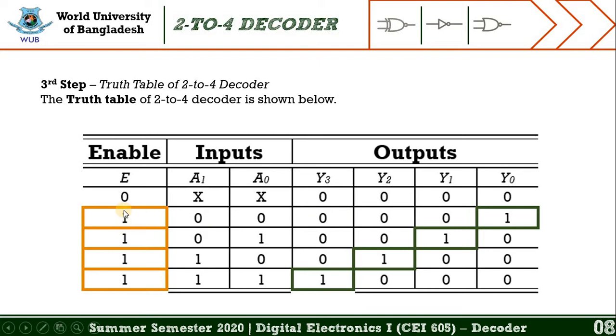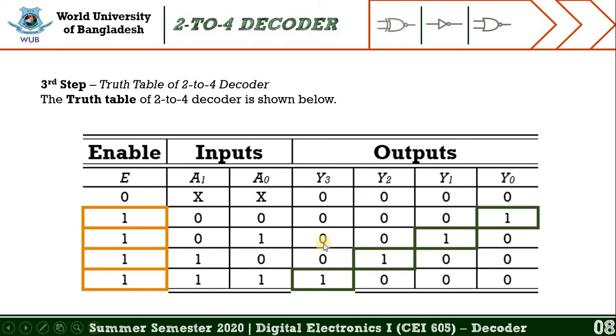When the enable is 1, we may assign 2 individual binary numbers for 2 inputs, which are 0 and 1, and if we combine these 2 numbers we get 00, 01, 10 and 11. And we also find